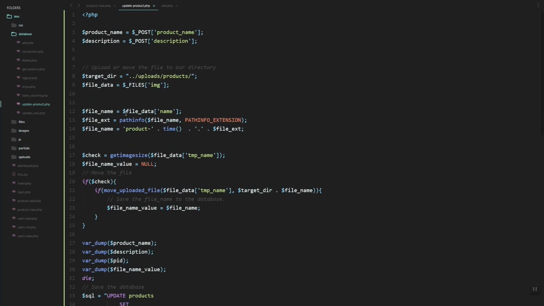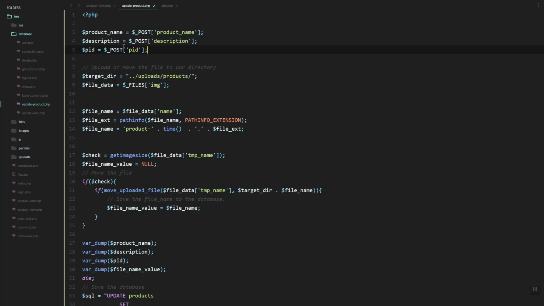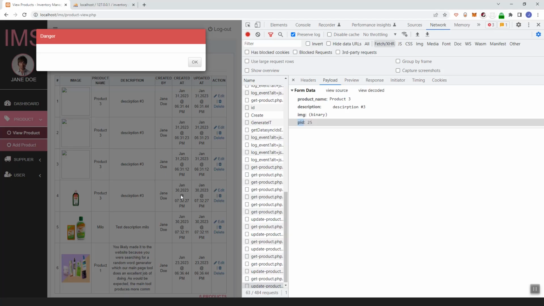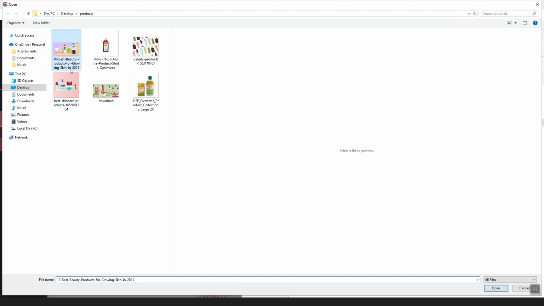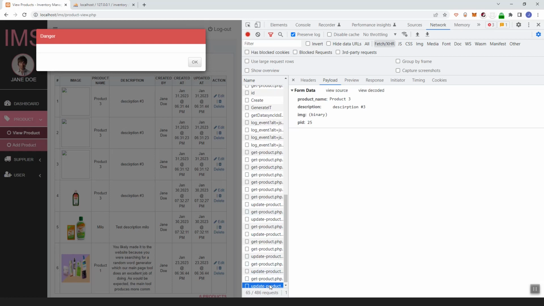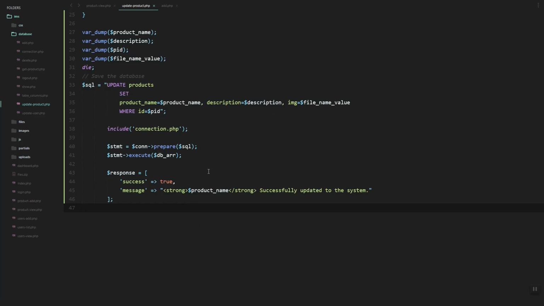define PID. So of course here we need to get the PID. If you look at the payload, we have this form data PID. Let's try again, edit, choose an image, okay. As you can see, we have the name, description. So now let's try to remove this,